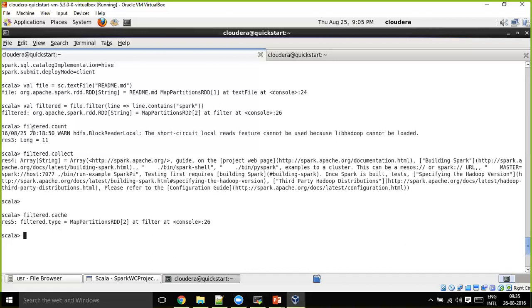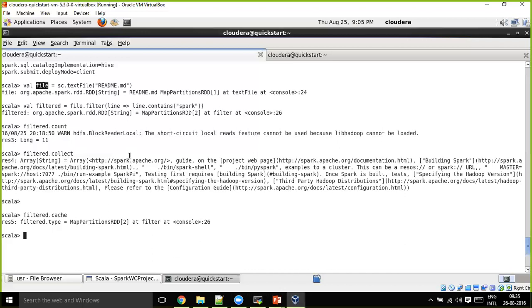While executing an action on this, we don't need to store it. Even if we store it, it will be for a few seconds. My guess is that it may not need to store that, and it might not store it also. Once the filtered is completed, unless it finds in its RDD lineage any actions on file, it might not store that.